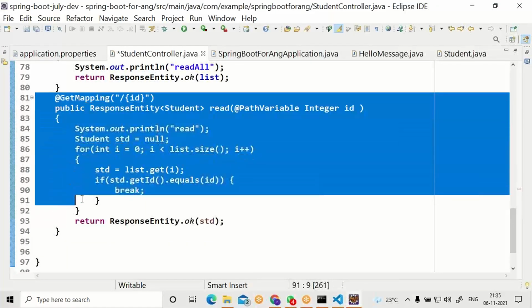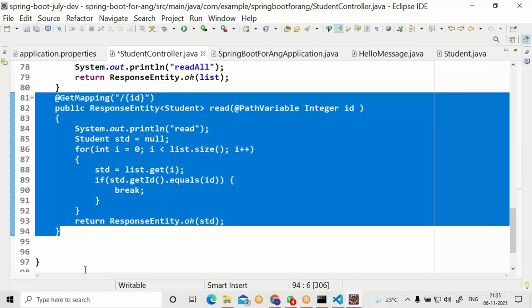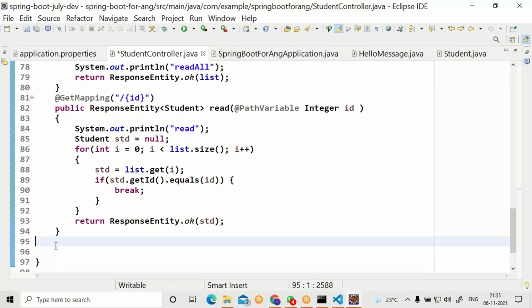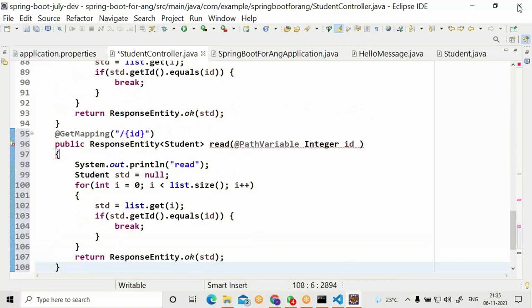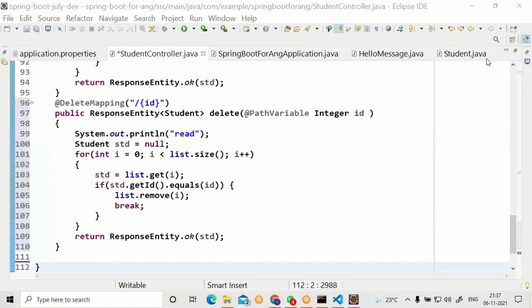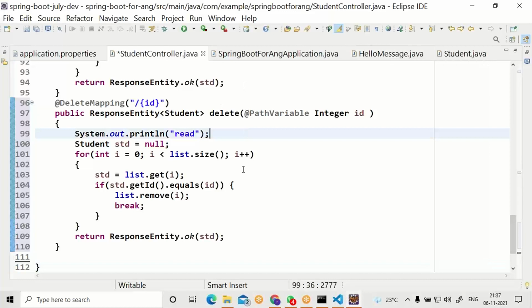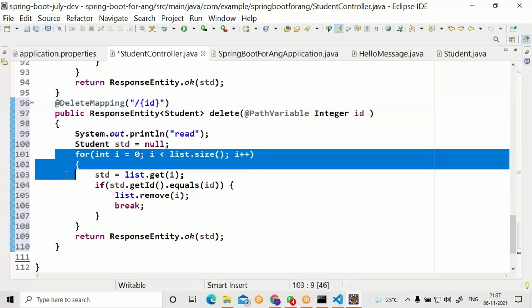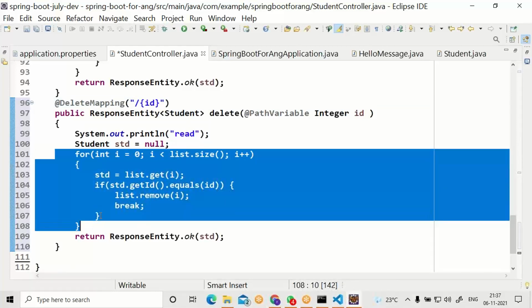Try doing delete mapping. It's almost similar to the last get. Delete mapping. In the delete mapping, receive the ID, iterate all the students inside the array list.